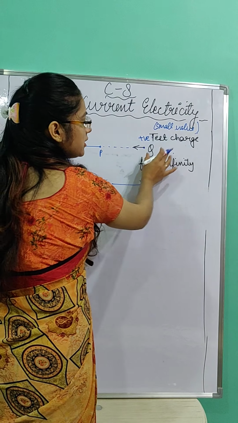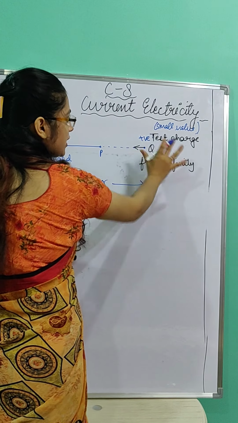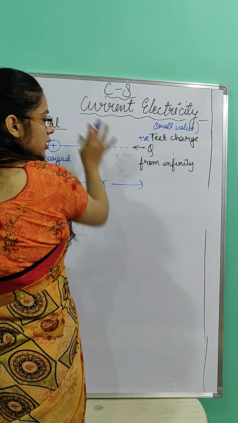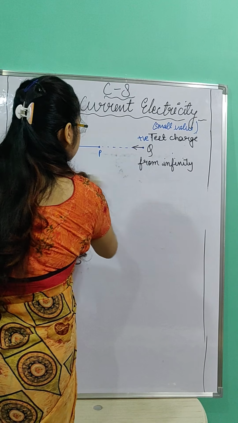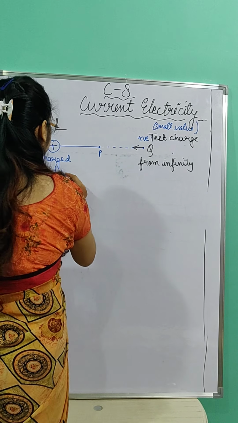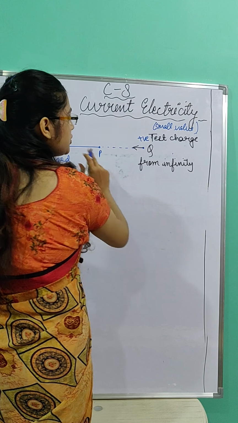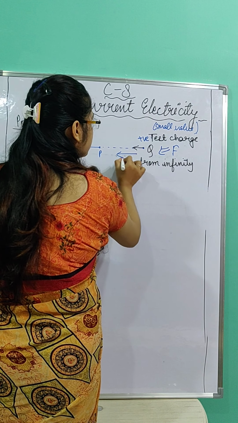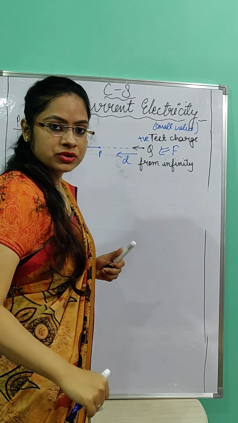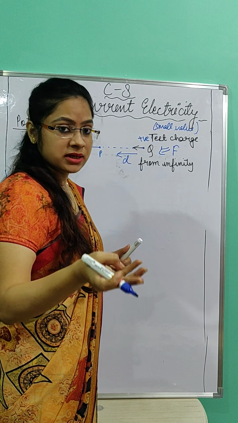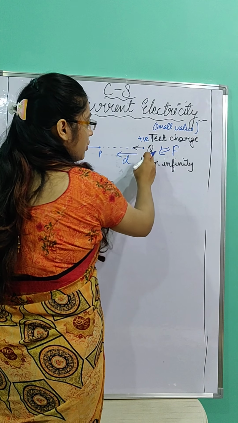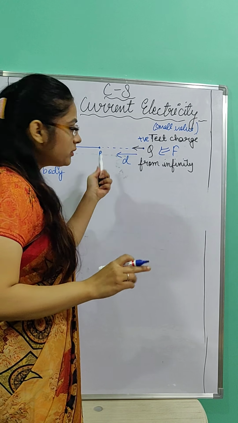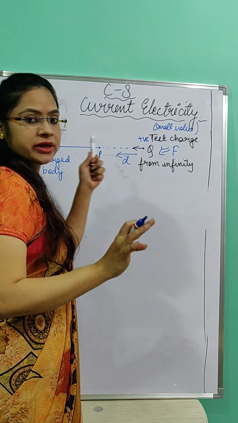So we are saying that the test charge Q is at infinity, a very large distance, so that it does not experience any force because of this charged body. Now in this case, if we want to move this Q charge to point P, we need to apply some force. And because of the force, there will be some displacement in the direction of force. And if force is there, displacement is there, that means some work is being done on this test charge to move it from infinity to point P.